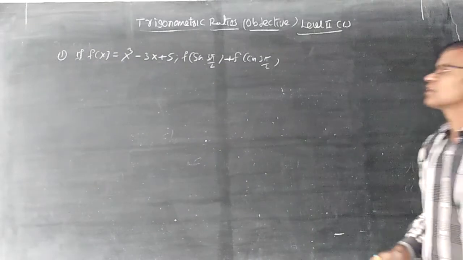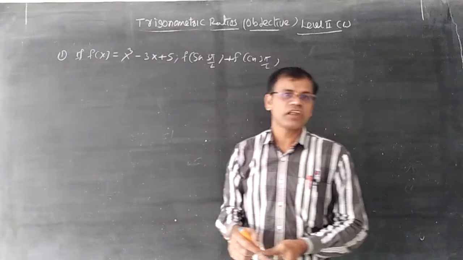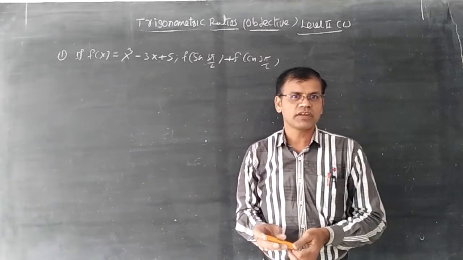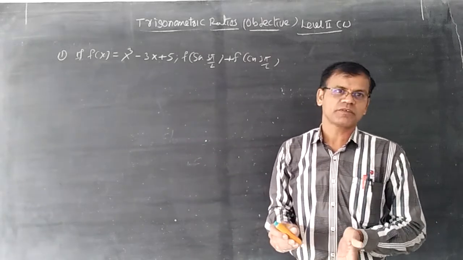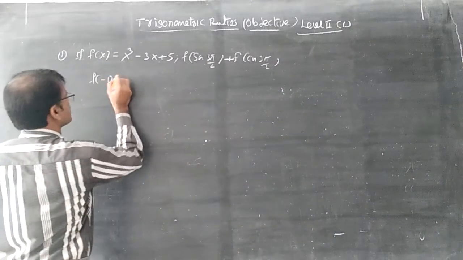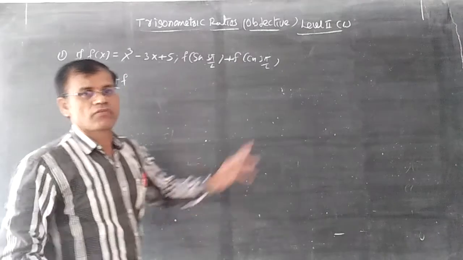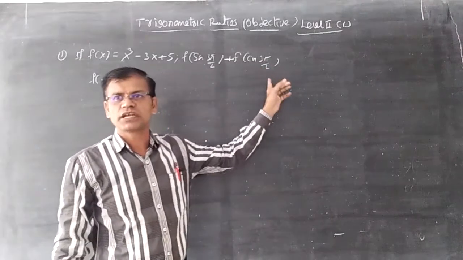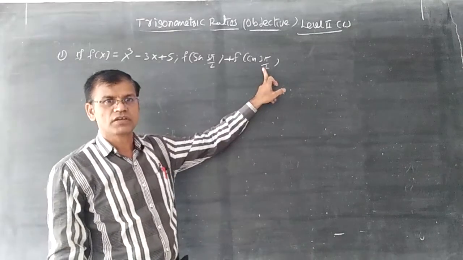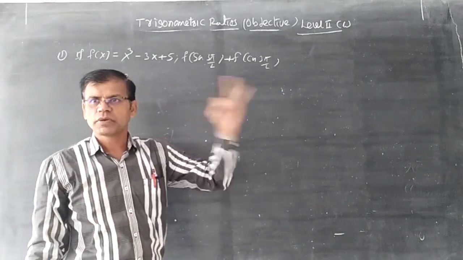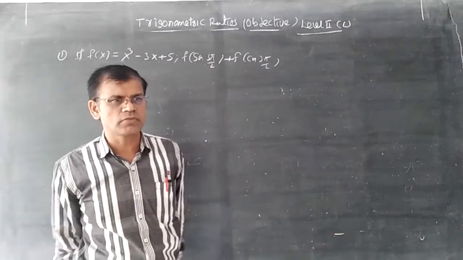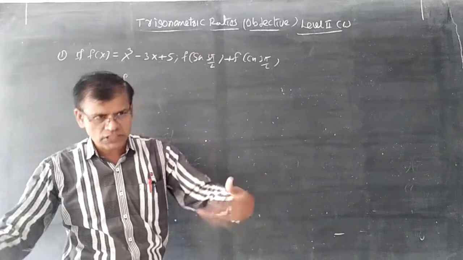Here everyone should remember the formula for odd angles. What is the value of sin 3 pi by 2? Sin 270, sin of 180 plus 90, is minus sin 90, which is minus 1. Understood? Now you should substitute f of minus 1 plus. You remember, cos of an odd multiple of 90 is always 0. No need to calculate. Pi by 2, 3 pi by 2, 5 pi by 2, 7 pi by 2, 9 pi by 2, 11 pi by 2: simply put 0, because it is the 0 rule.